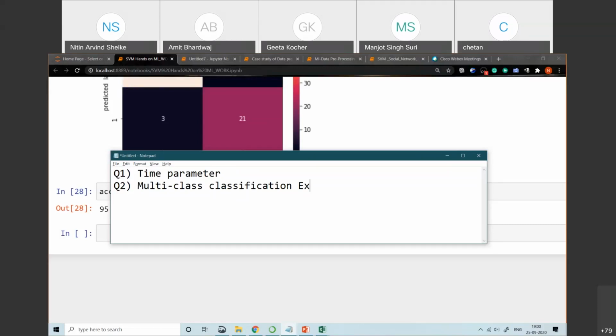No, that I know, but sir, I'm just asking whether by SVM can we do that? Yes, you can do that. We have one regression model also, SVR, because this SVM can also be used for regression. I'm having the code for that also. Please share with us. Yes, in the next class. SVR, support vector regression. Okay, next.